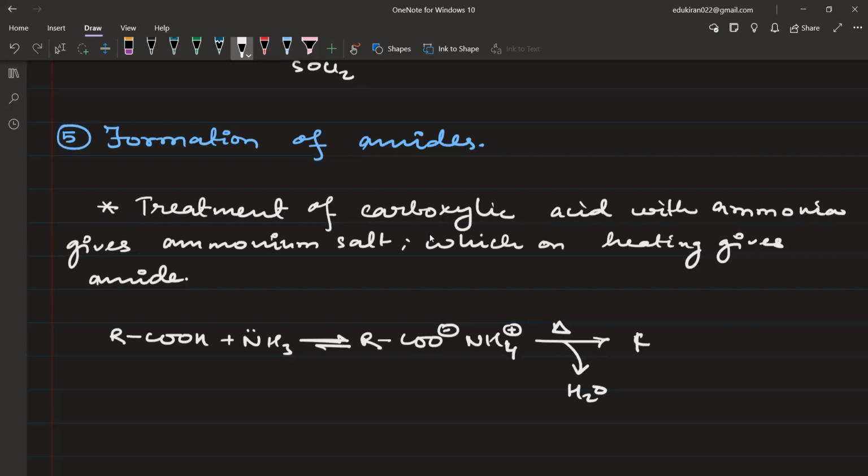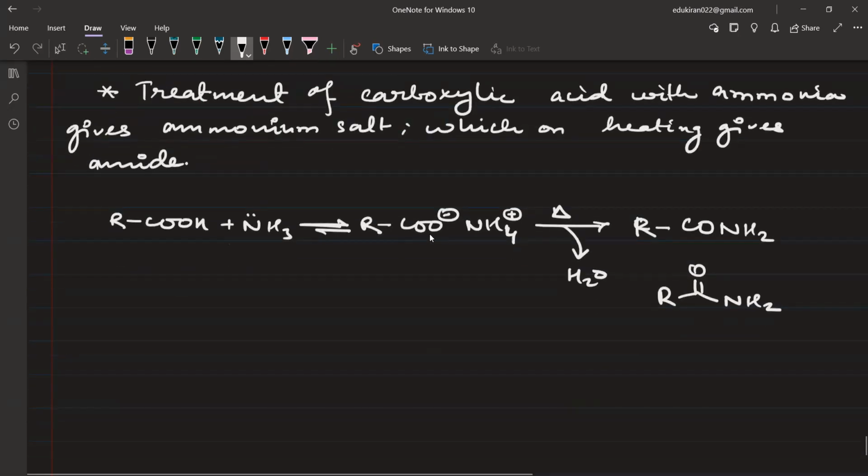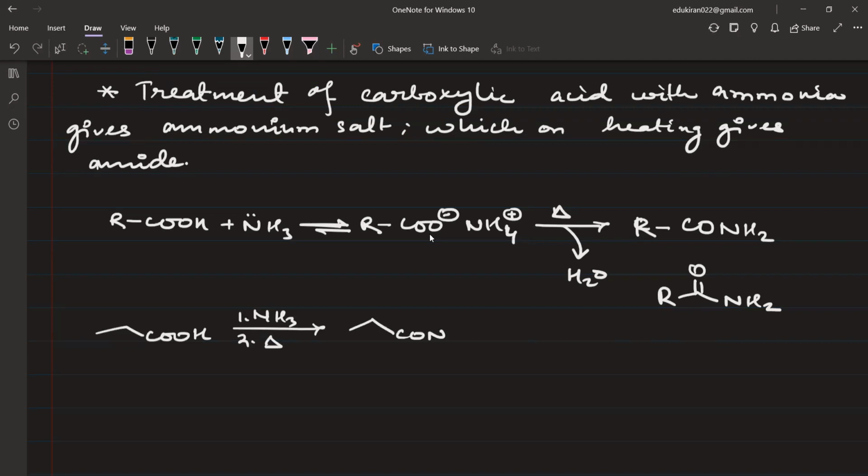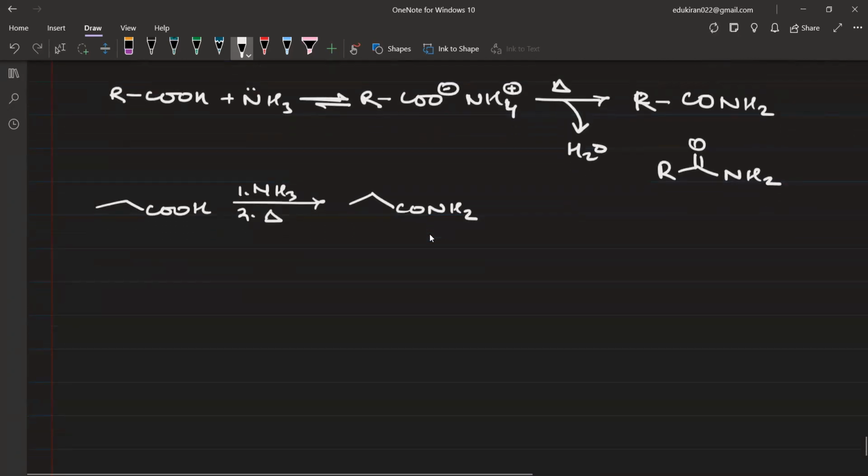So you'll have R C double bond O, एक ऑक्सीजन निकल गया and you have NH2. ठीक है, तो इसका स्ट्रक्चर कैसा होता है, ऐसा होता है. C double bond O NH2. Write some specific reaction. COOH, first में NH3, second में heat, CONH2. ठीक है, इसमें there is one very important reaction, that is the